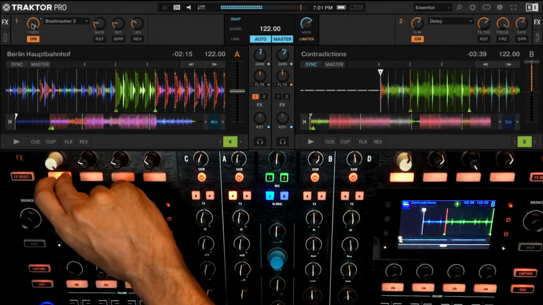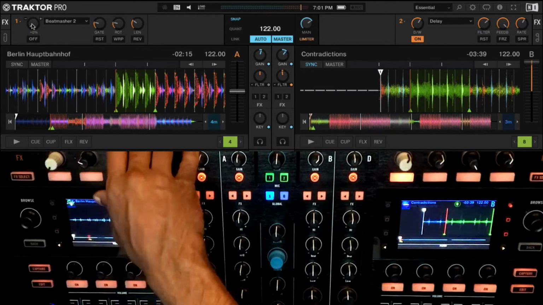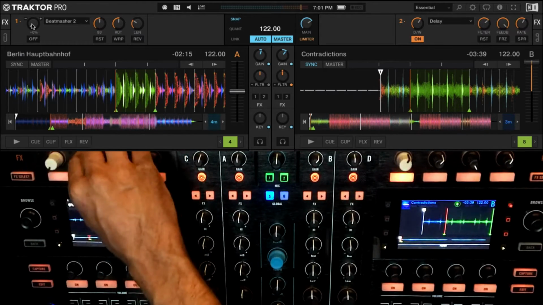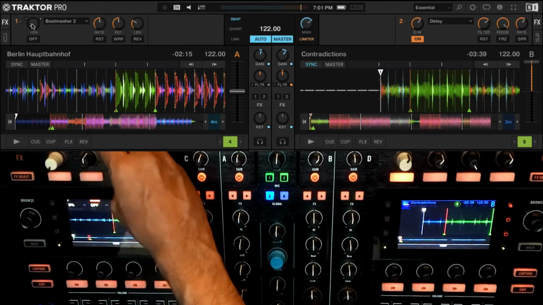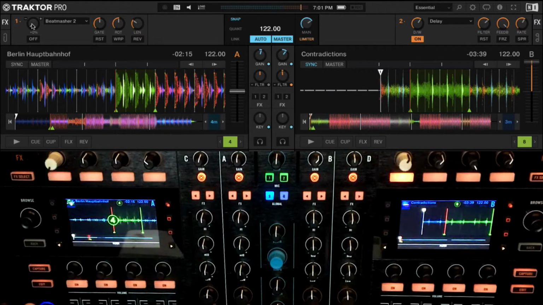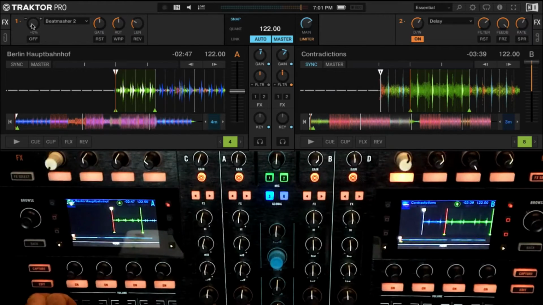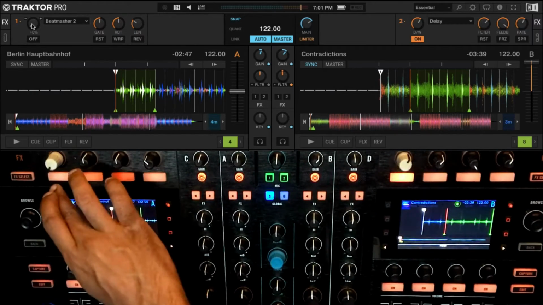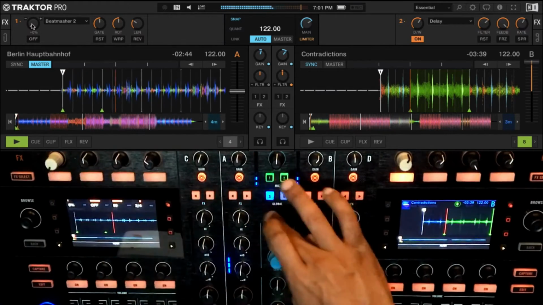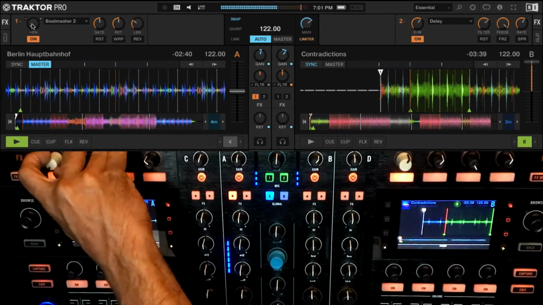Okay, so if I were to be using it, first I wanted to show you this extreme case scenario where I have grabbed the entire audio. Let's say I wanted to use it in context with the track, just to create a few micro fills and things like that. I could do that very easily. So I'll go back to the beginning of the track and get out of my loop. I will enable the effect, enable the dry wet.